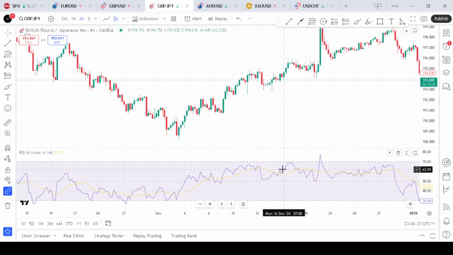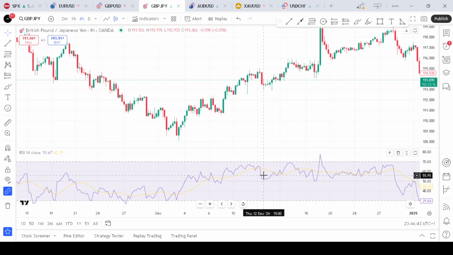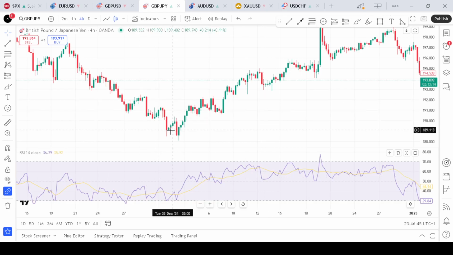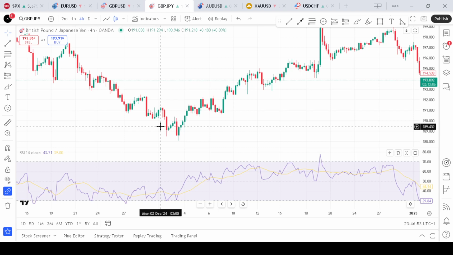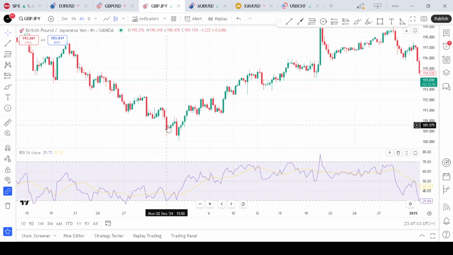Now, another most powerful application of the RSI can be identifying divergence. This is between price action and the indicator itself. When price makes a new higher high, but the indicator fails to make a new high, this is called a bearish divergence and might be signaling a reversal. Similarly, when price makes a new low but the indicator refuses to make a new low, this might signify an